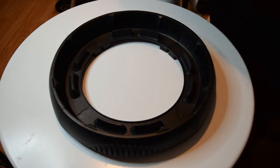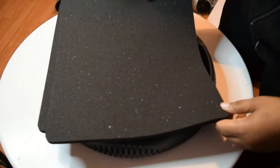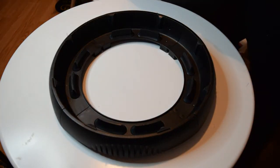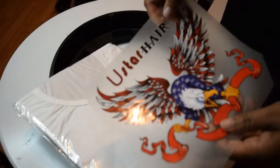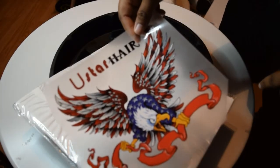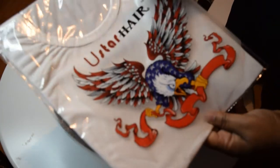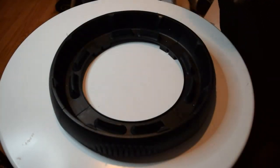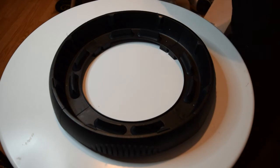So this did come with 2 little pads that you can press on, which is great. I like having 2. That's awesome. It actually came also with a t-shirt that's quite flimsy, I must say. And I guess a little image you can use to practice on. And this t-shirt, I guess, is just for practice. It's probably really not for you to wear because it is quite thin. And then you have the actual